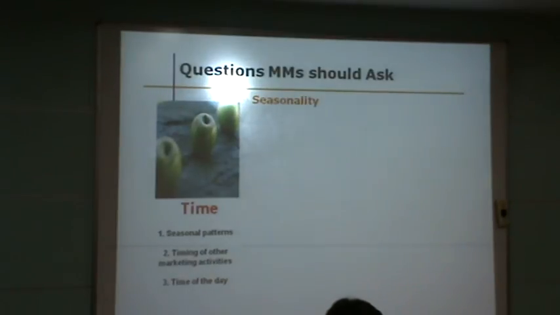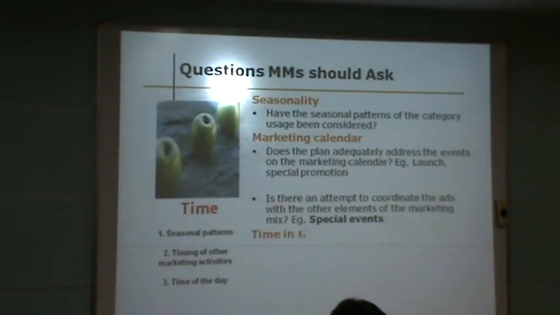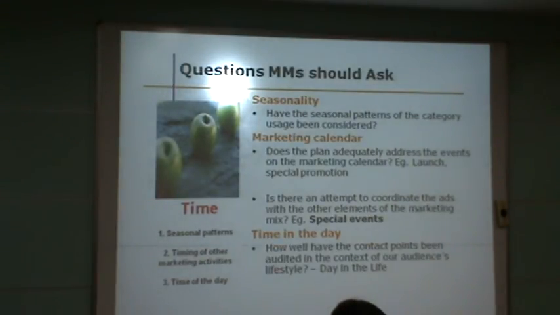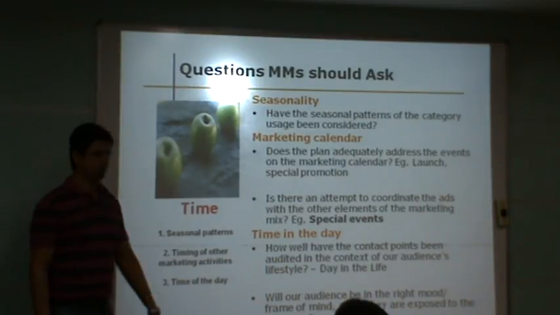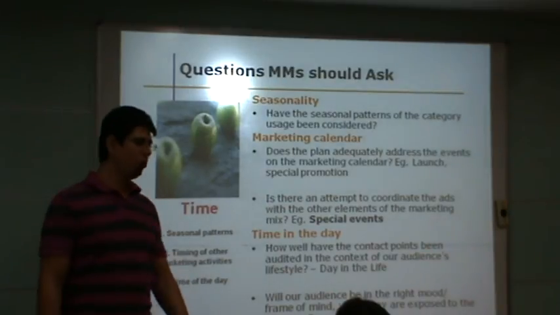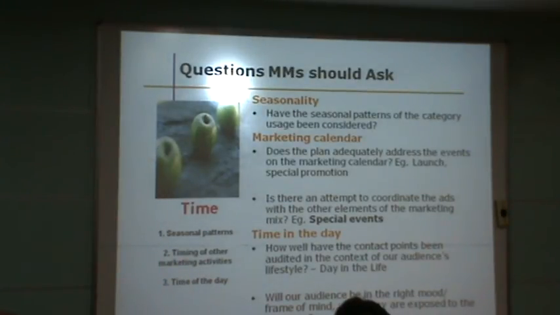Then the next question that a marketer should answer is how long I want the activity to be, whether 4 weeks, 8 weeks, 6 weeks, whatever it is. Then you also need to understand the seasonality of the brand. Now for example, if I am buying an insurance product, it will typically be towards